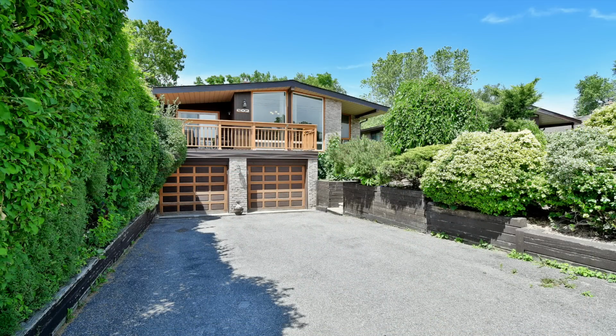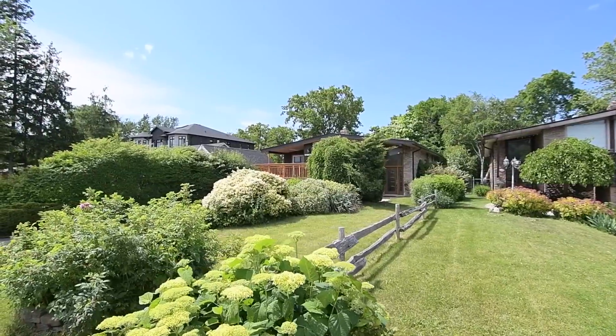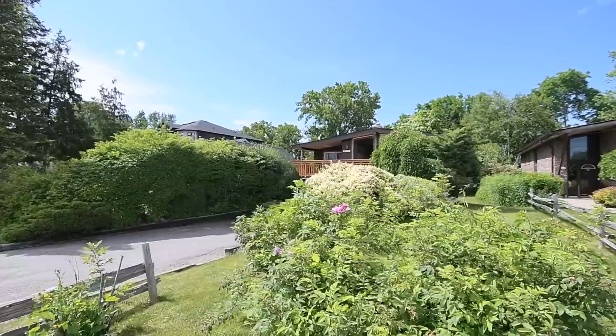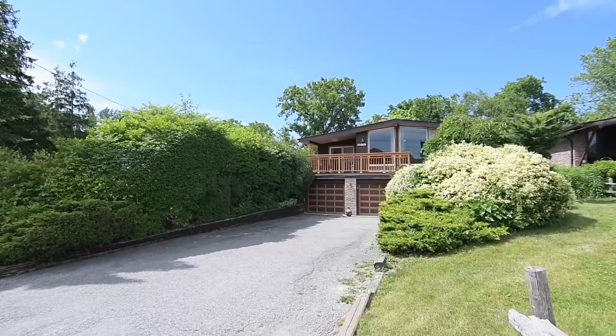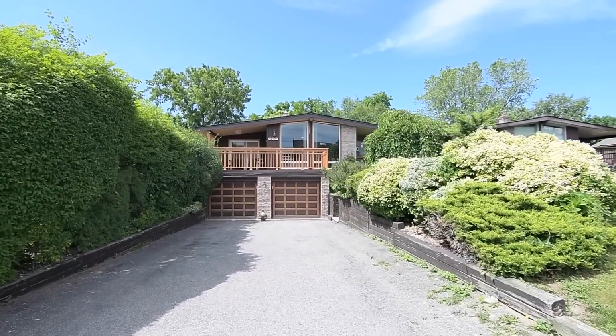Welcome to 602 Sheppard Avenue, an immaculately maintained 3-bedroom raised brick bungalow with 3 washrooms, nestled on a premium-sized lot within the desirable Woodlands neighbourhood of West Pickering. Featuring a double-car garage and a long driveway with abundant exterior parking, a large private backyard that is filled with